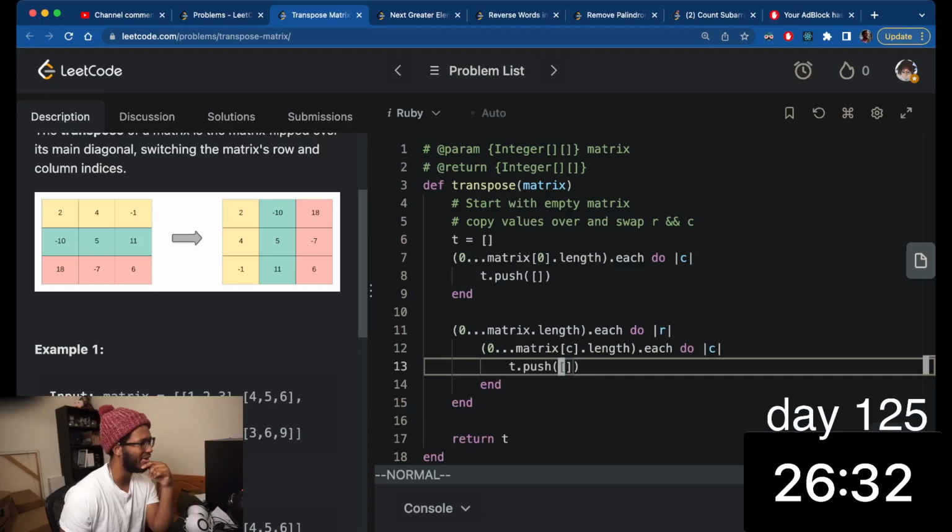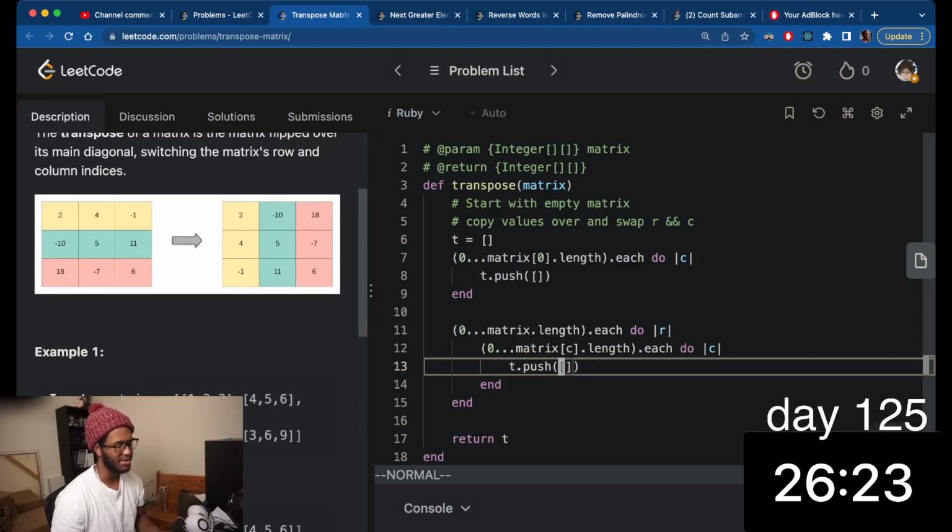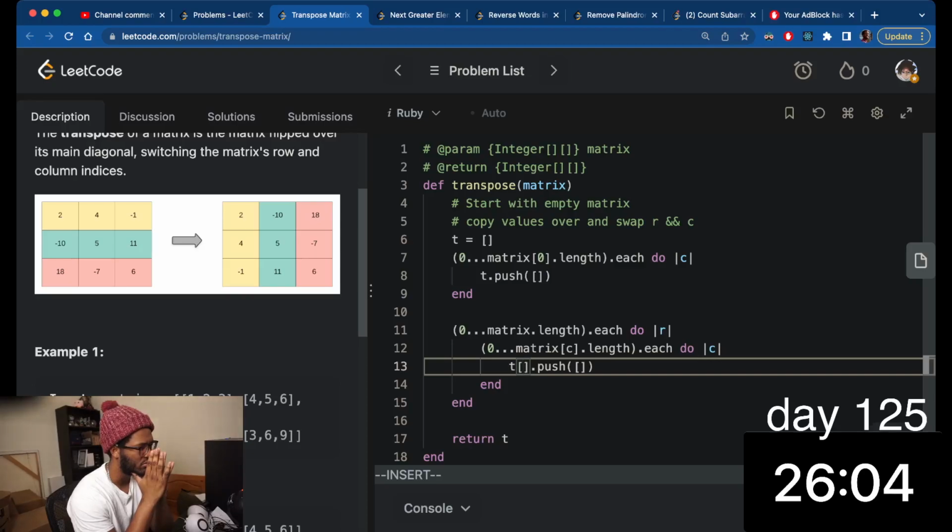For example, if we're iterating through 2, 4, -1, -10, 5, and 11, we'll have access to 2. We want 2 to go downwards, so we can't just push onto the array because that would be creating another row. What we'd like to do is say that T sub C,